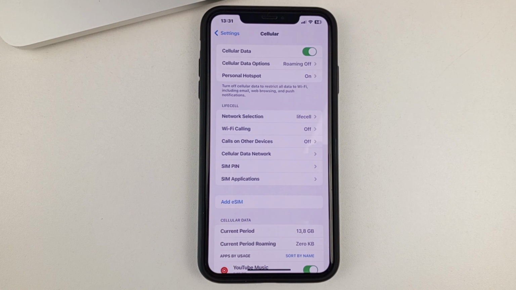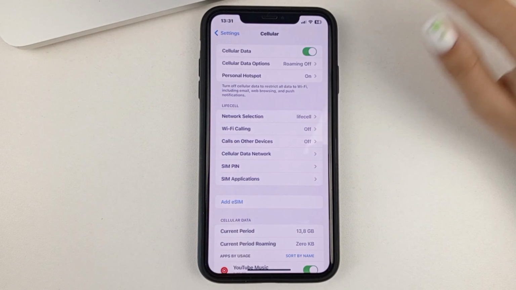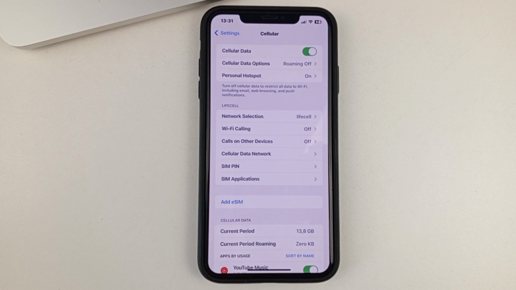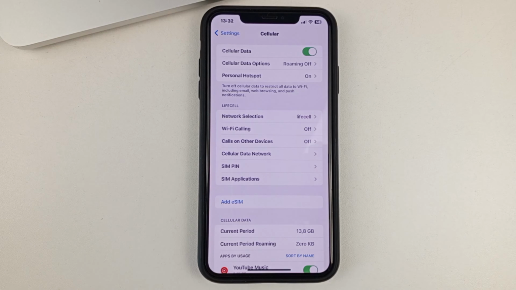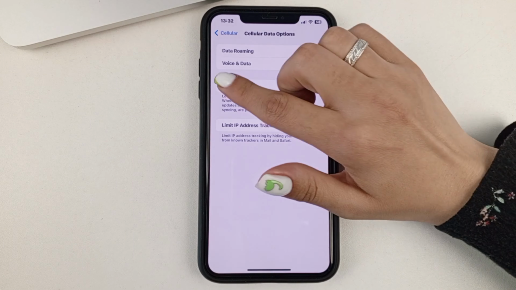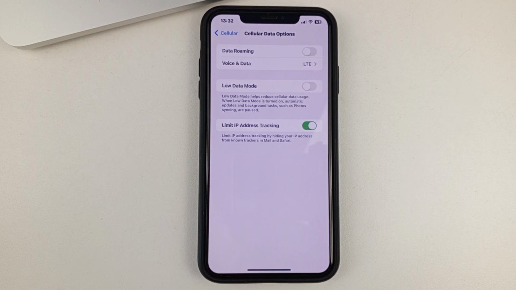If you have multiple SIM cards, then when you go into cellular or mobile, you won't have this mobile data option, you won't have this section. You will have everything divided into two groups for separate numbers, for different SIM cards. And under each one you will be able to find the same section. This is voice and data. And for each you can enable 5G if your mobile operator supports 5G. So you'll be able to enable 5G on your iPhone.